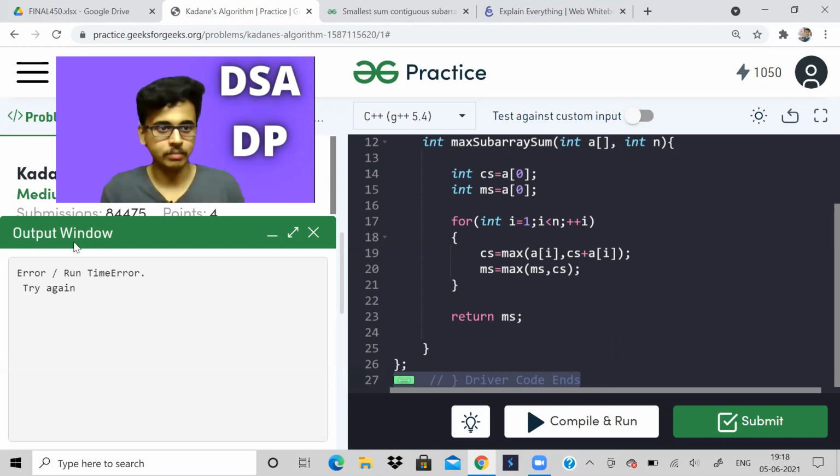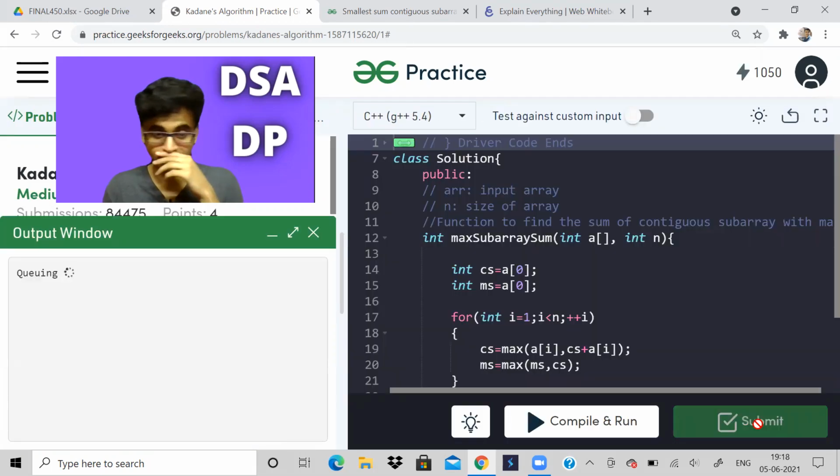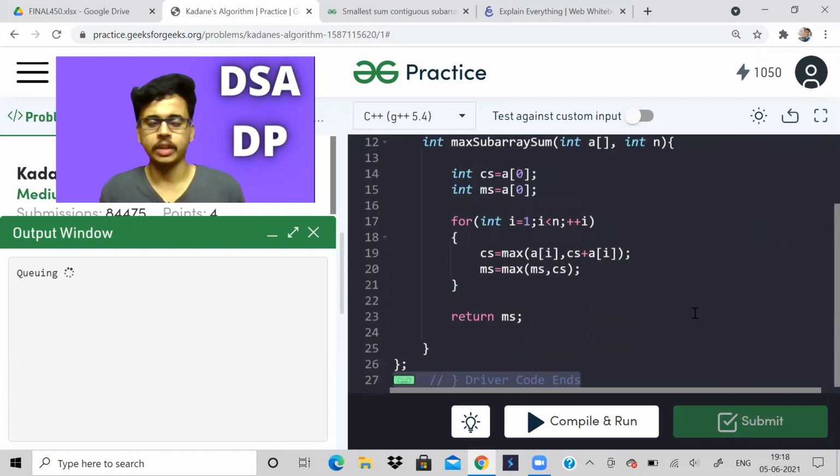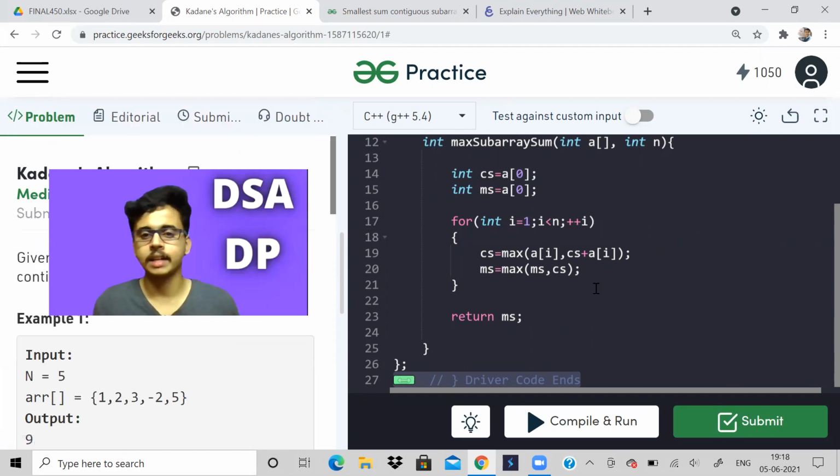So again, there is some problem with this page. I don't know what is happening. I think now if I submit, it will get submitted. Let us see. So this is correct. You can rely on it. Anyway, I had already shown you that it is correct. So this is the solution to this. I'll wait one more time. There is some problem in the connection, but this is correct.